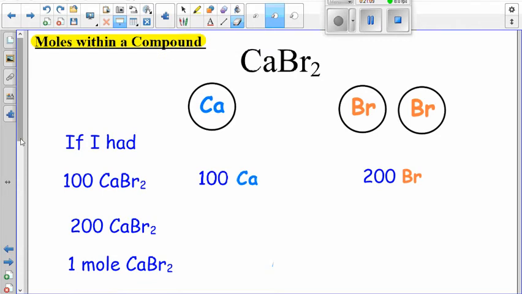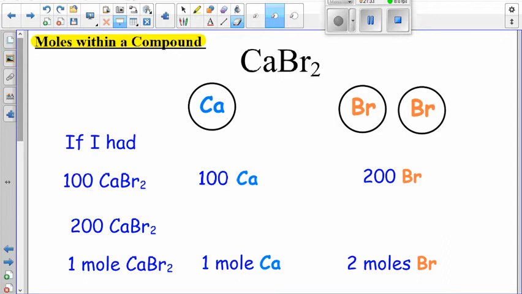Now, Melania, what if I just call this moles instead? If I had 1 mole of calcium bromide, how many moles of calcium do I have? Yeah, you got 1 mole of calcium. How many moles of bromine do I have? That's right. Now, Melania could have said, well, you have 6.02 times 10 to the 23rd calciums, and then you'd